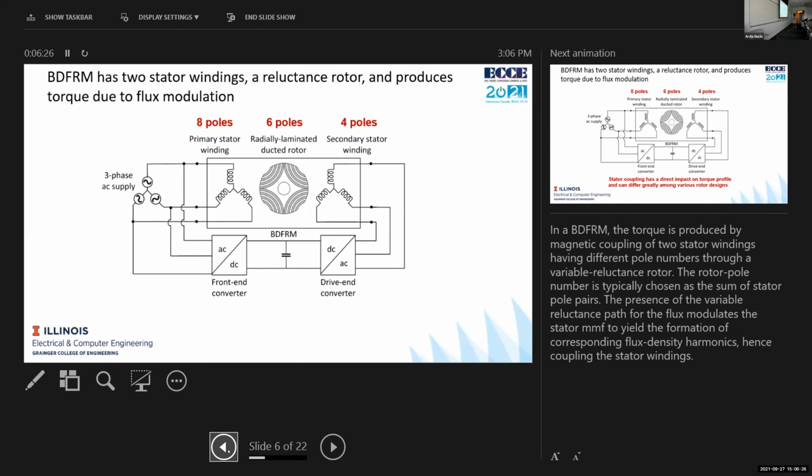Fortunately, there is a motor called Brushless Doubly-Fed reluctance machines which fulfills both of these objectives. So in this machine, you have two stator windings, just like a Doubly-Fed machine, but now both the windings are on the stator. There is no winding on the rotor. So you have two stator windings. And since we don't want a direct coupling between these two stator windings, they have to have different pole numbers. If you put two stator windings of the same pole number, they will directly couple with each other, just like what happens in a transformer. So in order to eliminate the transformer type coupling, we have two stator windings of different